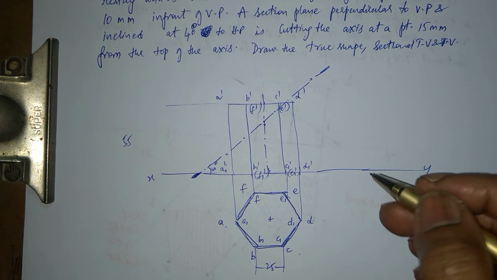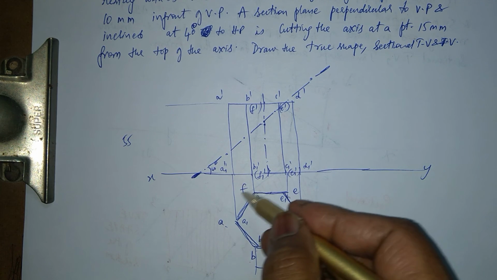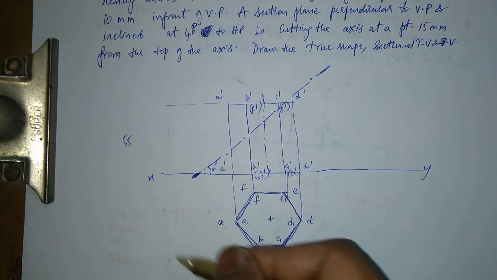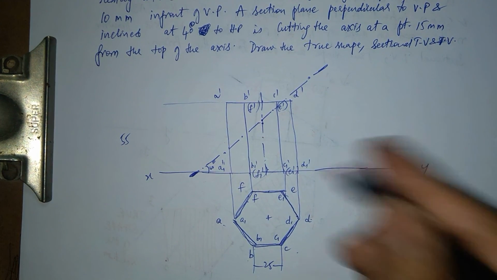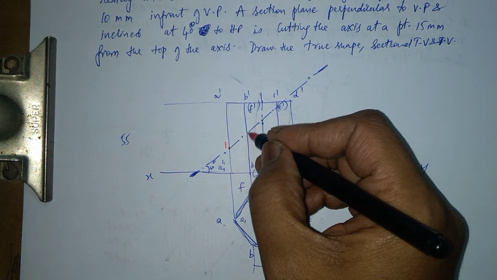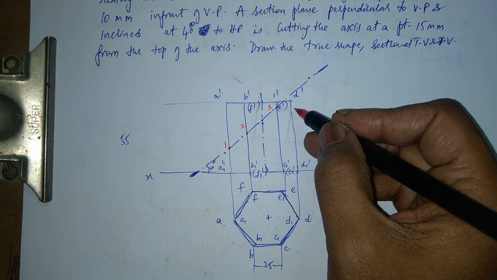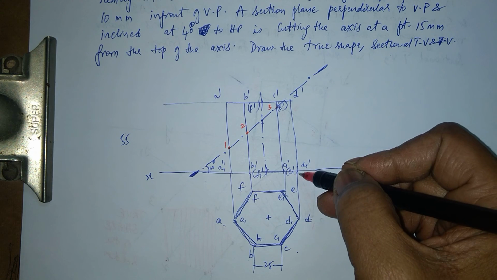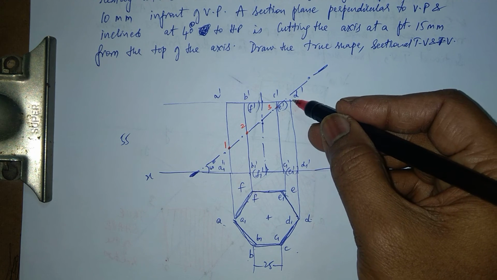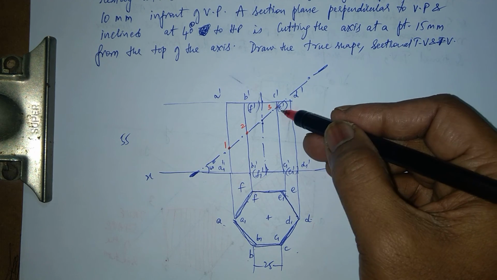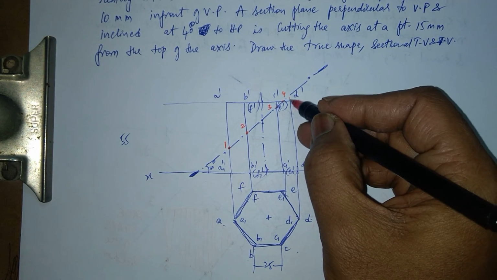Alright, now let me get how many edges this is cutting. Lateral surface, I have 6 edges: A, B, C, D, E, F. Now I'll start off from the solid line here. A is the solid line, so for A I'll use 1 point. B is the second point, so second solid line. Remember this. C is the third solid line. Now D1 is not cut, so I'm not worried about that. However, this is cutting between C and D, and D and E also. So where is it cutting? Like 1 point here, and then a 5th point on the other side.